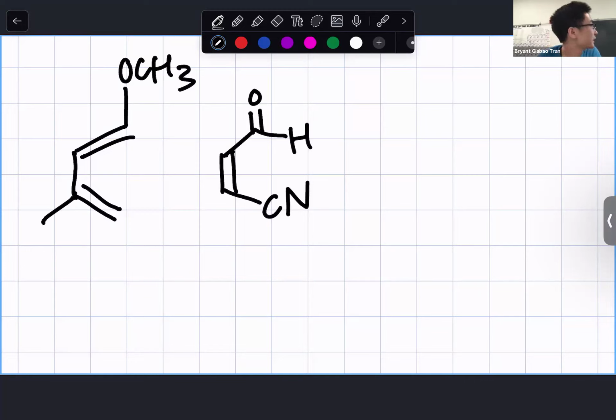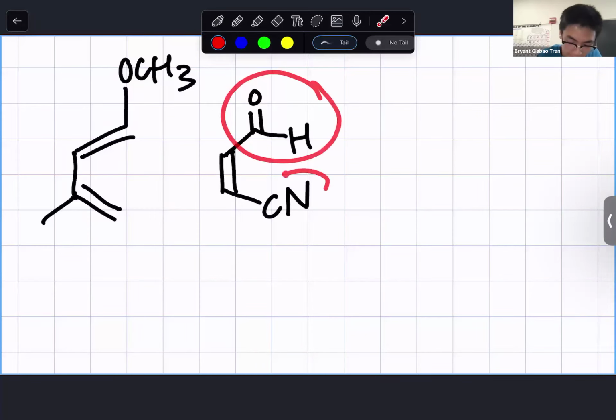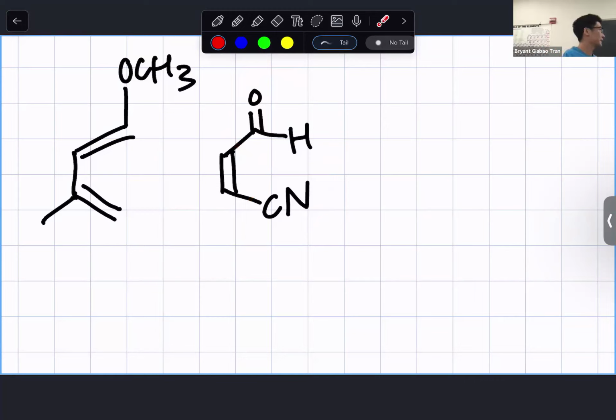Depending on your professor, you could have 2 or 1 product, right? Because we know these are 2 different EWGs. Those 2 EWGs could give you 2 different products with 2 different enantiomers. But if your professor says you have to choose the stronger EWG, then you'll only get 1 product with its enantiomer. So let's just show both diastereomers and its enantiomers, where we know that this is the stronger EDG than